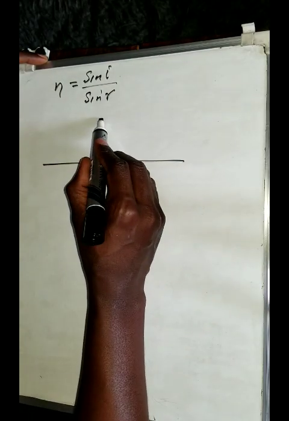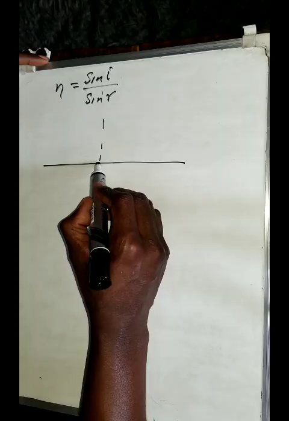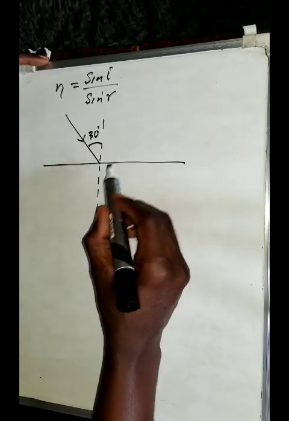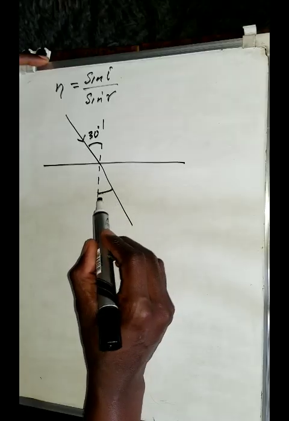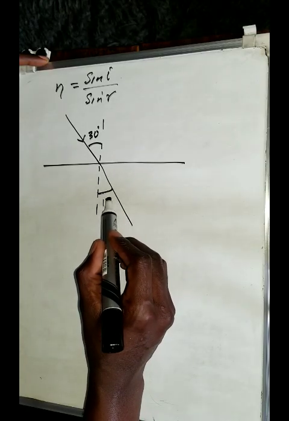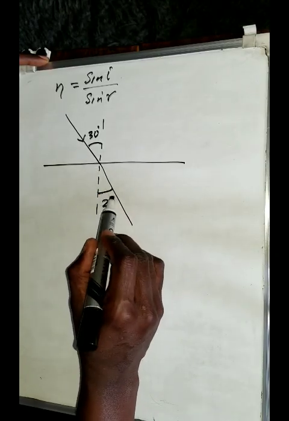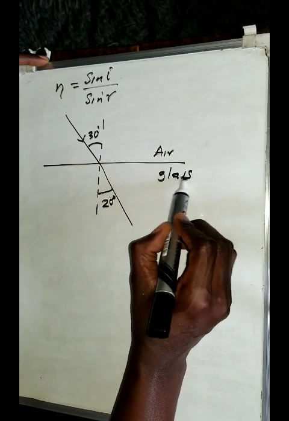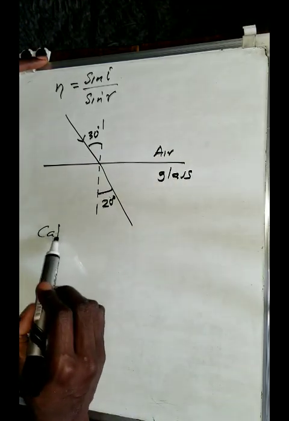Let's imagine they have given us a diagram, and they tell us that this angle is 30 degrees, that angle is 20 degrees, and this is air and this is glass. They'll simply tell you to calculate